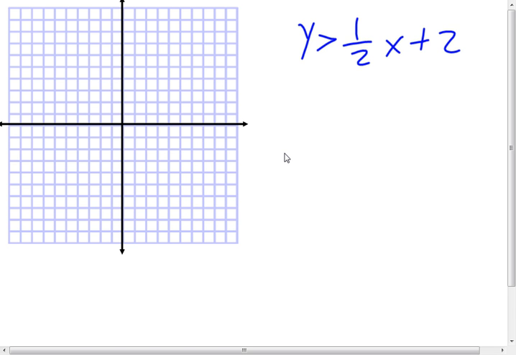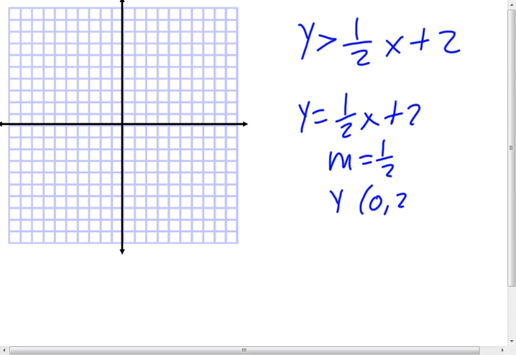Graphing inequalities. We're going to look at graphing this inequality y greater than 1/2 x plus 2. In order to graph the inequality, first we have to graph the linear equation, so we'll change that temporarily from a greater than to an equals. And since this is y equals mx plus b form, we know that the slope is 1/2 and the y-intercept